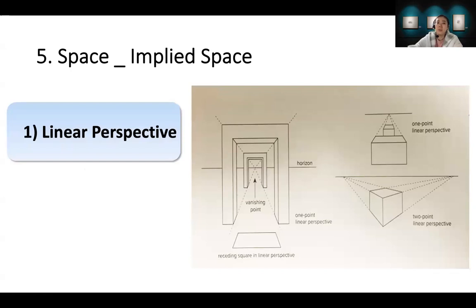Now, let's move on to the space. Artists can create implied space, and there are three types of implied space. The first one is linear perspective with the vanishing point in the center, which is a really good technique to compact many objects in a limited space.